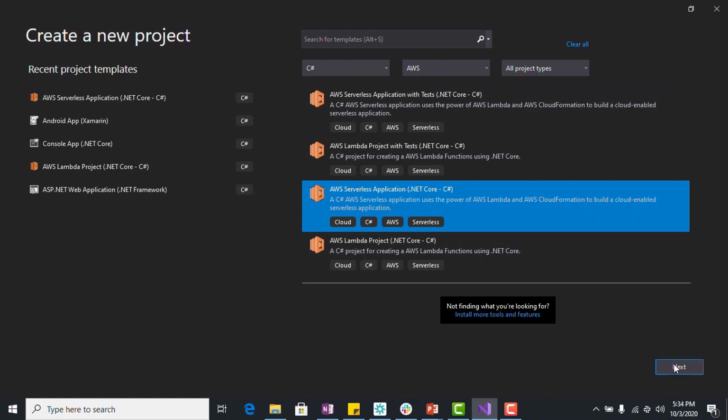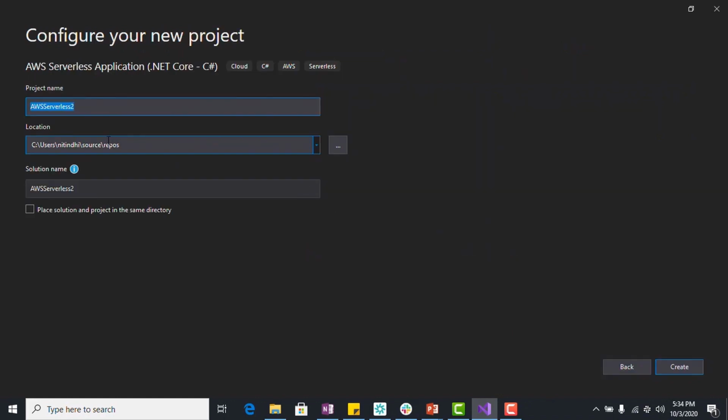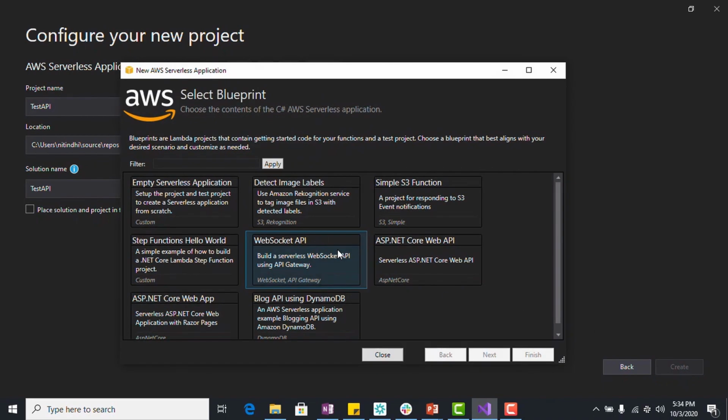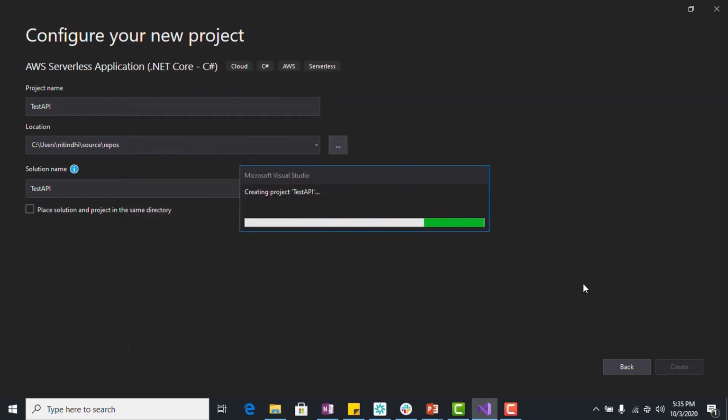Once you've selected it, I'm using Test API as the name of our project and then click on OK. In the next dialog, I'm selecting the empty serverless application blueprint and selecting ASP.NET Core Web App, then clicking on the Finish button to generate the project.